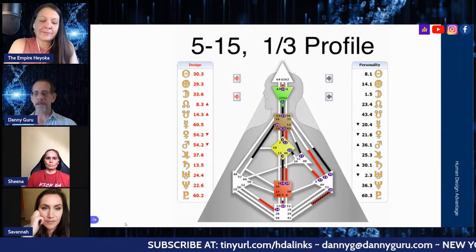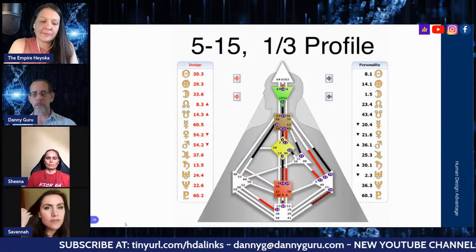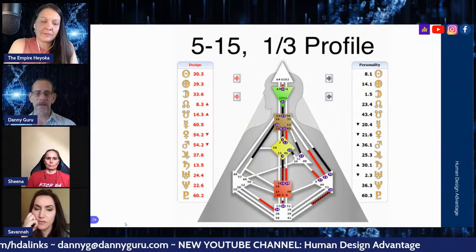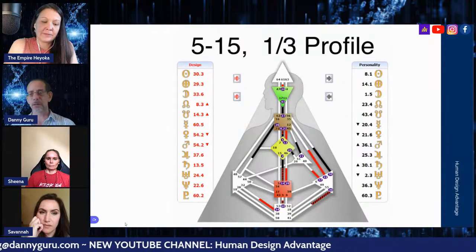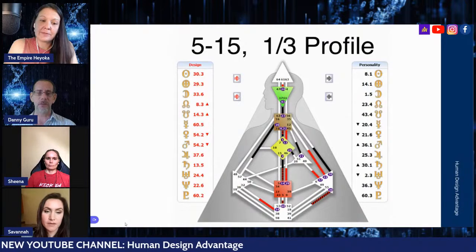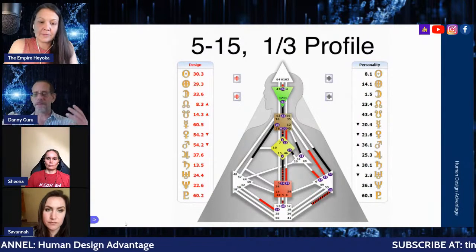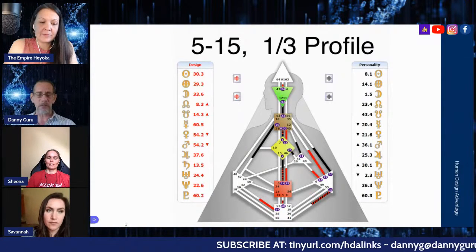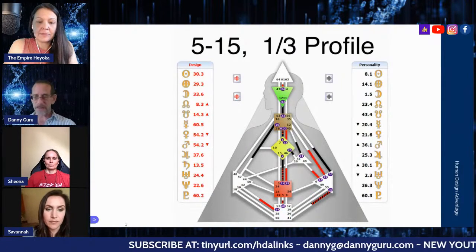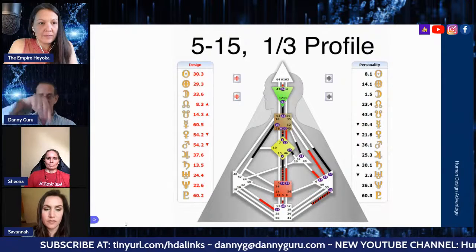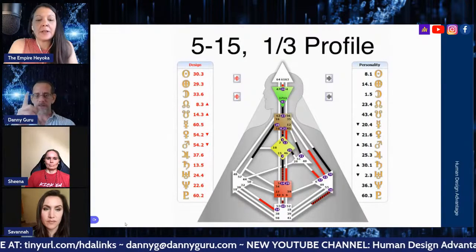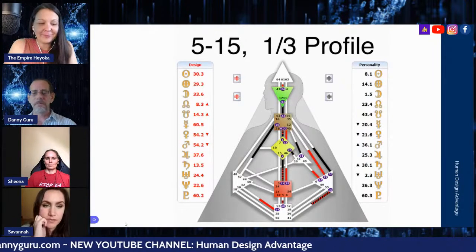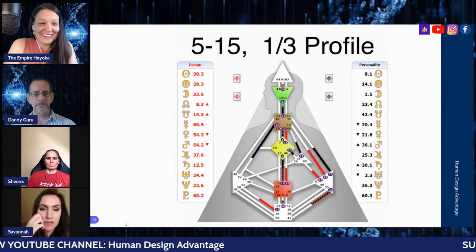1-3 is the foundational profile. I'll just read them off. From there, it goes up to the 1-4, then the 2-4, then the 2-5, then the 3-5, and it just keeps snaking up from there. And then the 3-6, and then the 4-6, and then it transitions into the 1-4, and it goes through the 1-5, the 3, the 6-2, and then it circles back around again to the 1-3. So it's constantly spiraling up and then dropping down and starting over again, just like our genetic code does. So fascinating.